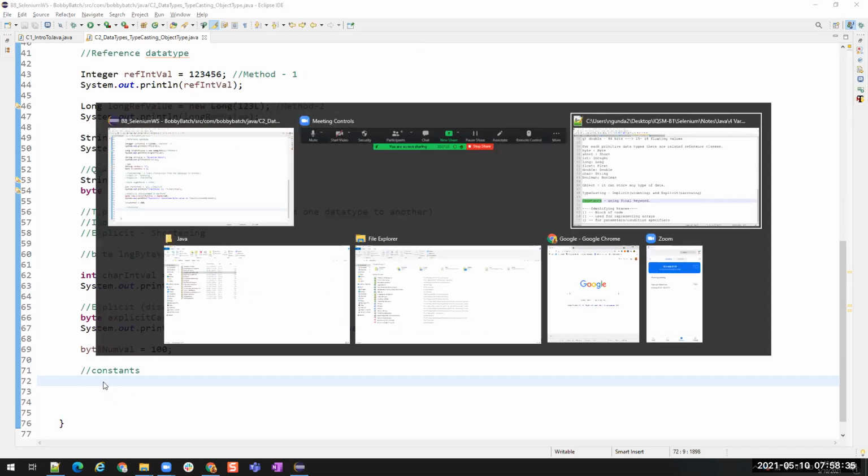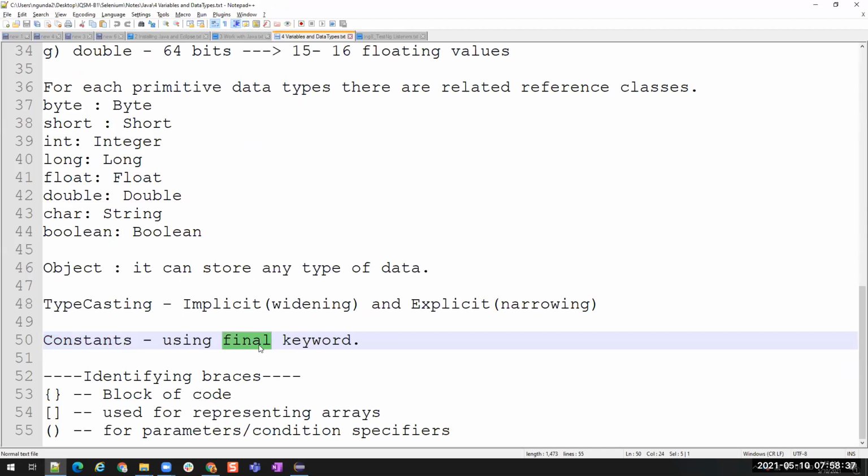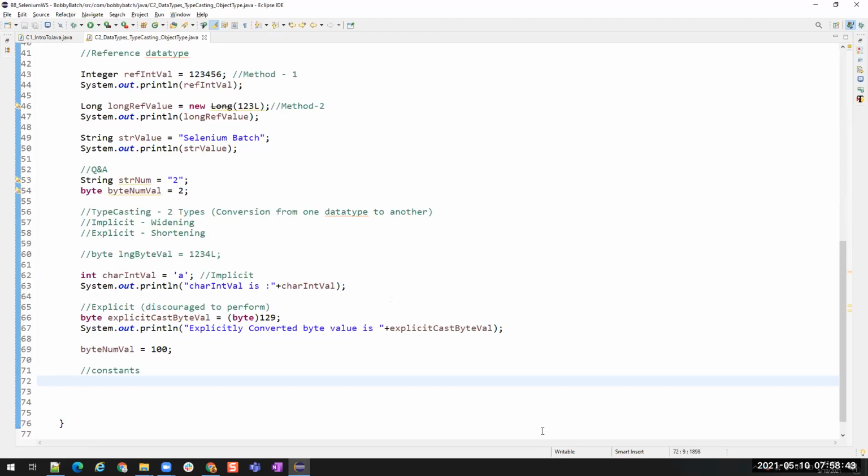To declare constants, we have to use the keyword called final. Final keyword. So let us see that. To declare a variable, what is the syntax? Data type, variable name is equals to value. So let us first create a normal variable.